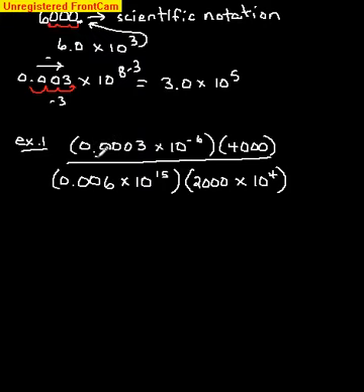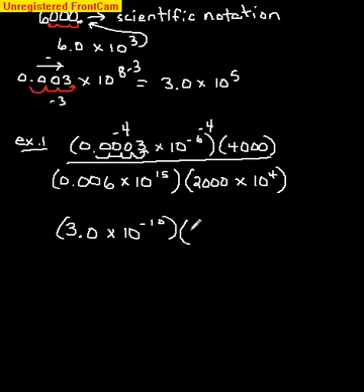So I'm going to move it over 1, 2, 3, 4 places to the right. And remember, if we move it to the right, it's going to be negative. So it's going to be negative 4 places. So we're going to get, for our first term, our first factor is 3.0 times 10. We moved it over 4 to the right, so we're subtracting 4 from our exponent, would be to the negative